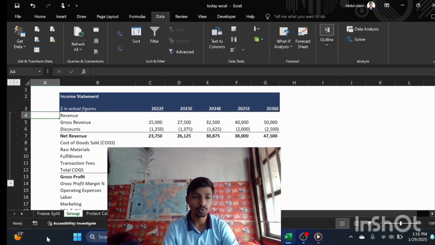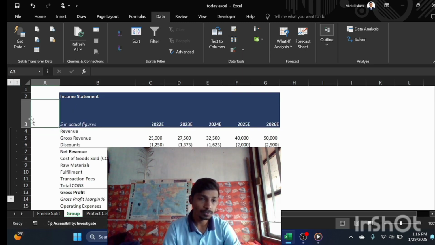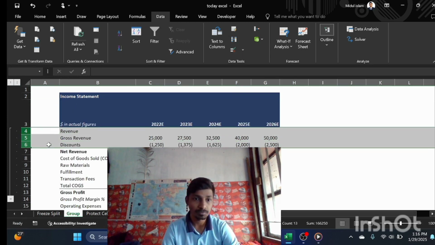How to show group data in an Excel sheet. First of all, we select 3, 4, 5 data, for example revenue, gross revenue and discount.